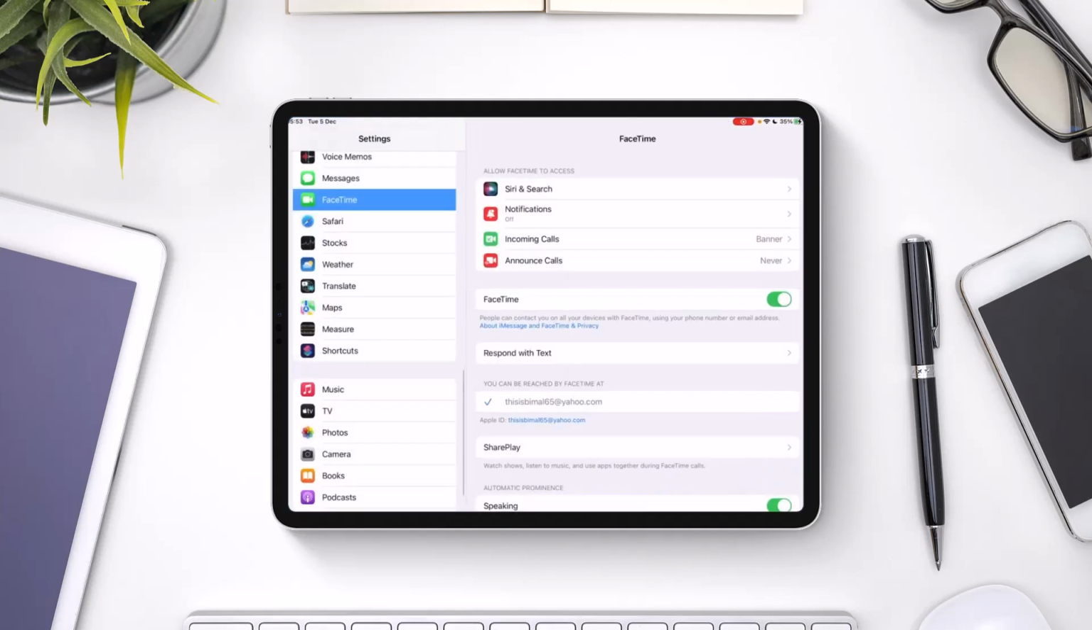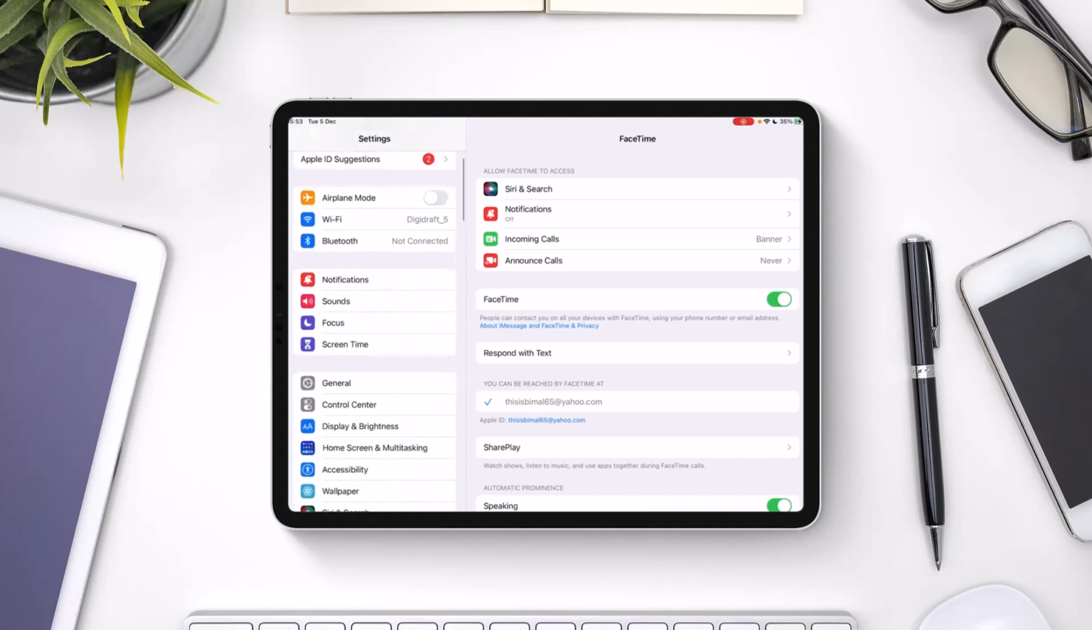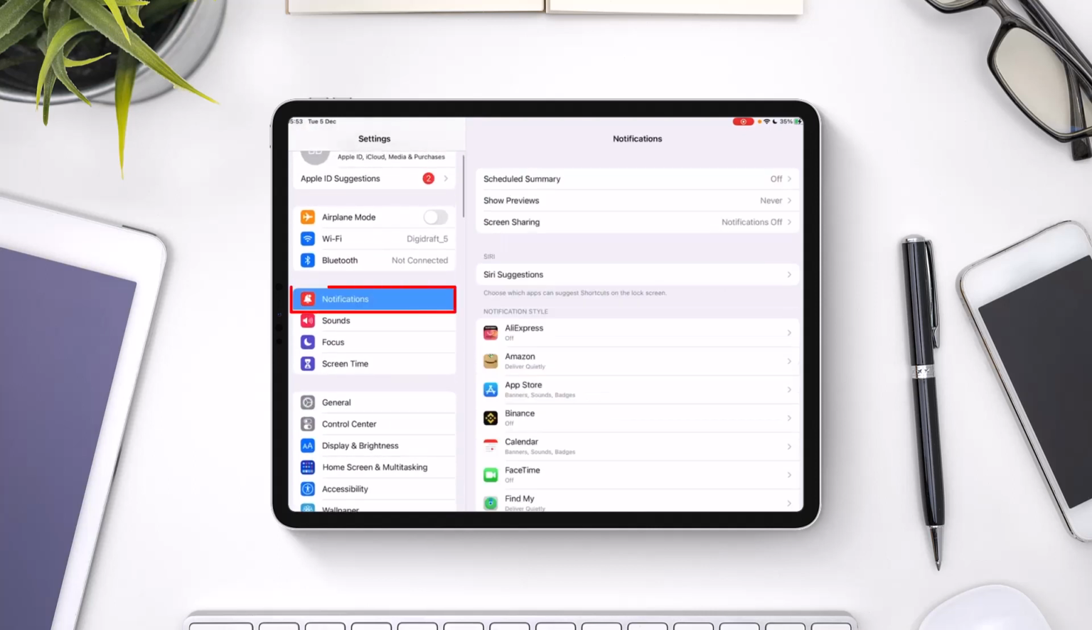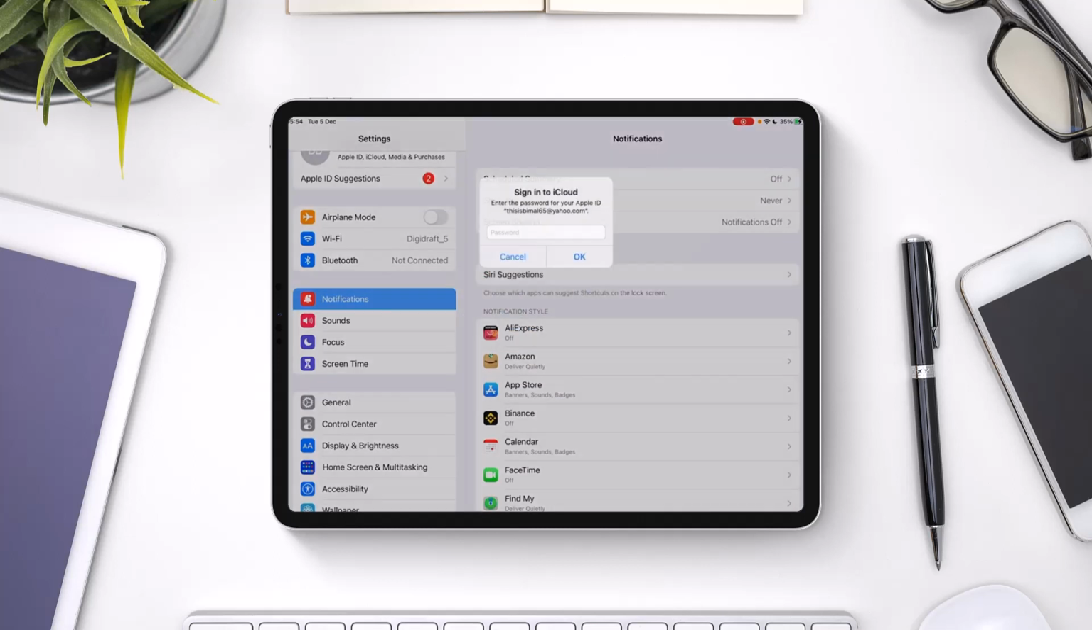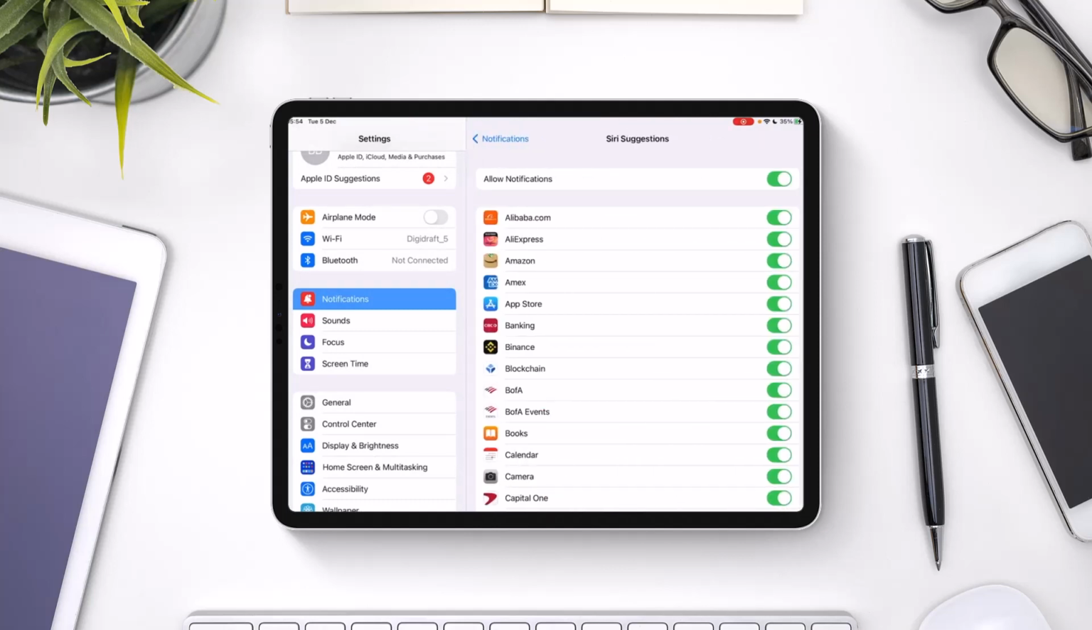Once you open the Settings app, you're going to see this type of interface where on the left hand side, you want to simply navigate to the option called Notifications, as you would be able to find it. Once you go to the option called Notifications, now you have to select the option called Siri Suggestions as you can find here. Make sure to tap on Siri Suggestions,